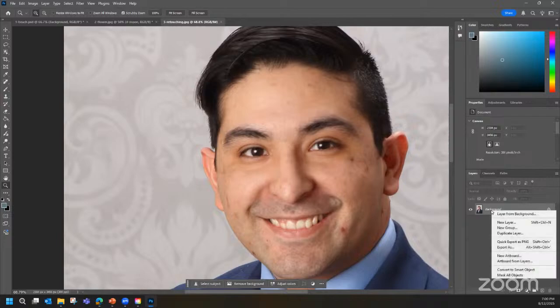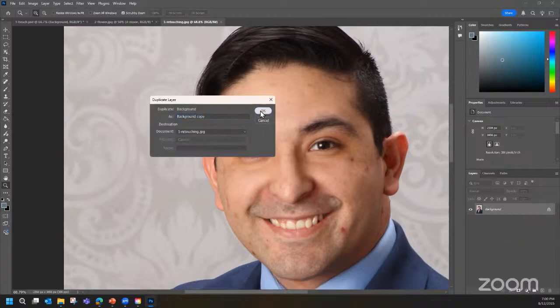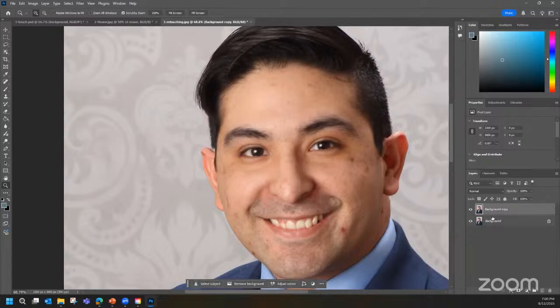I'm going to go ahead and duplicate my background layer. This is something that we were talking about earlier, where so far we have just been doing edits that are in different layers. However, for this next tool for retouching, we're going to have to adjust the pixels directly on the image as opposed to working in layers. So I created my background copy in my layers panel,